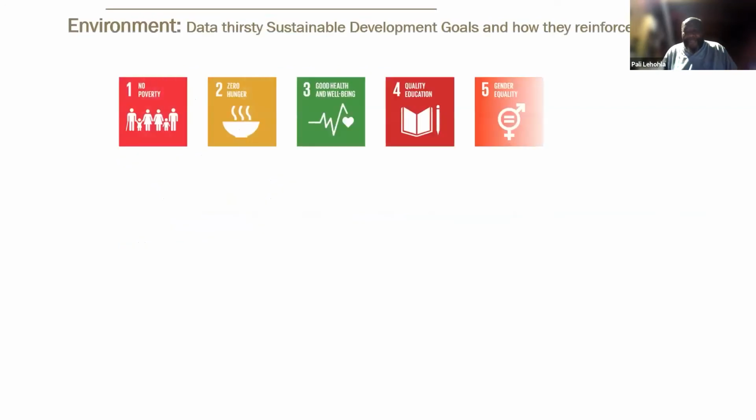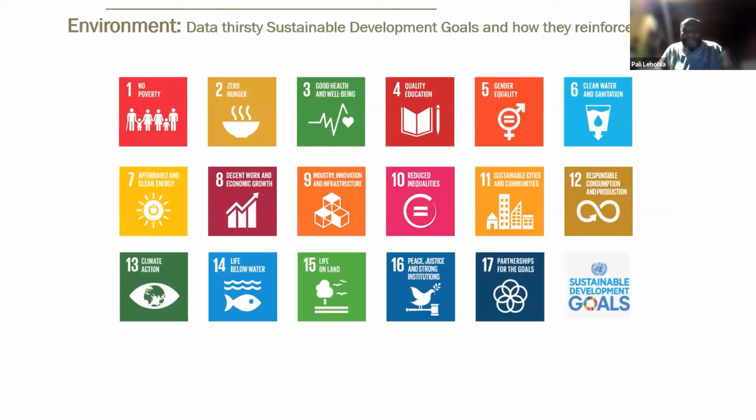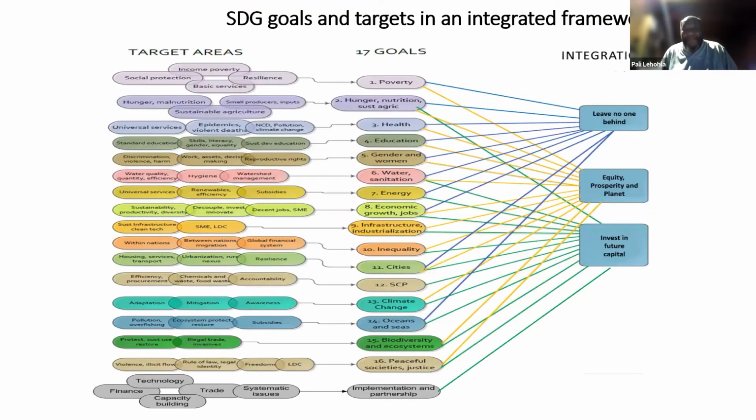And what happened is, of course, the 17 goals and so on. But in the process of measurement, something actually happened. In the design of thinking about measurement, something happened which fostered and enforced design thinking and systems thinking, and thinking across subjects. Leave no one behind, equity, prosperity, and planet, invest in future capital. These are primarily major things: people, planet, and prosperity, and all that is a major outcome. And these outcomes are actually looked at through these goals and, of course, the target areas. But all this cut across one another. So the ontologies become very important, and the kind of language you use directs you to what the ontologies of